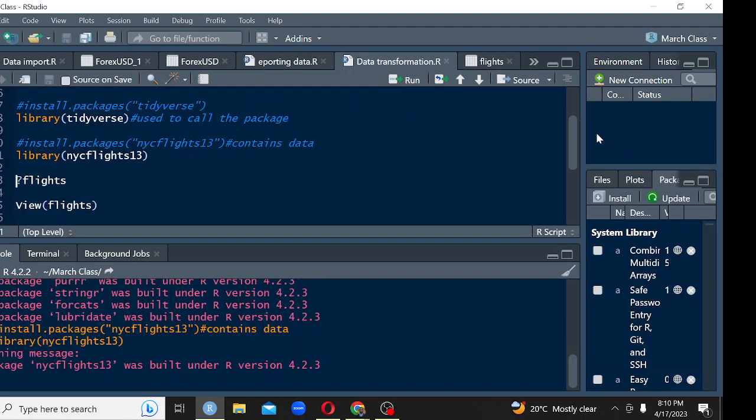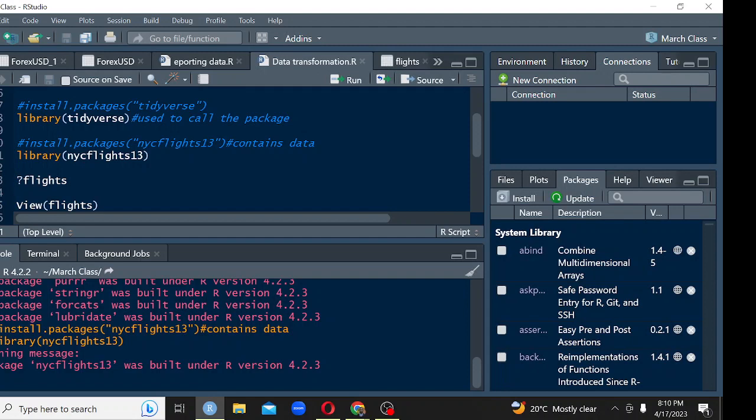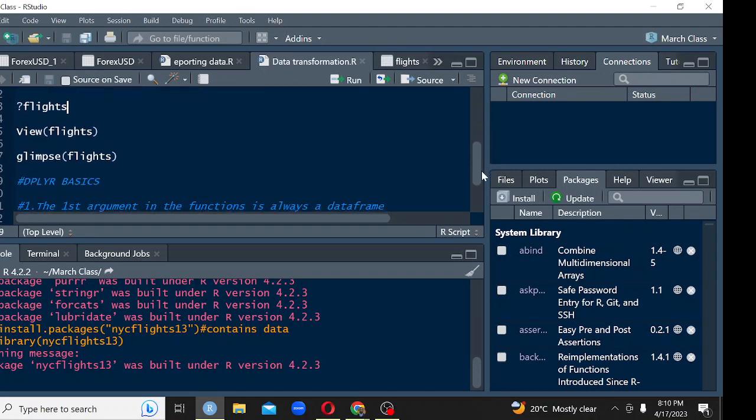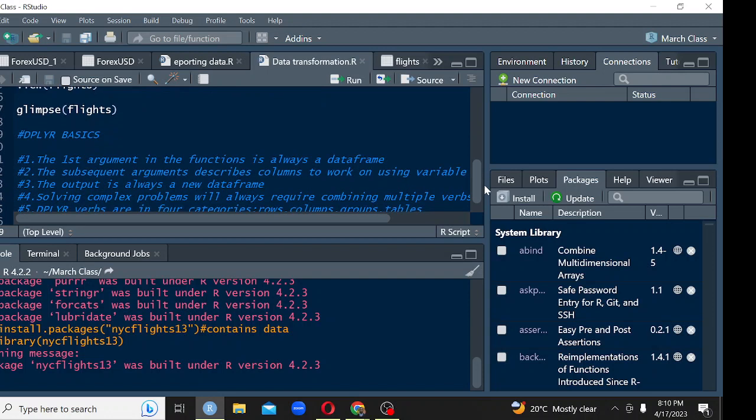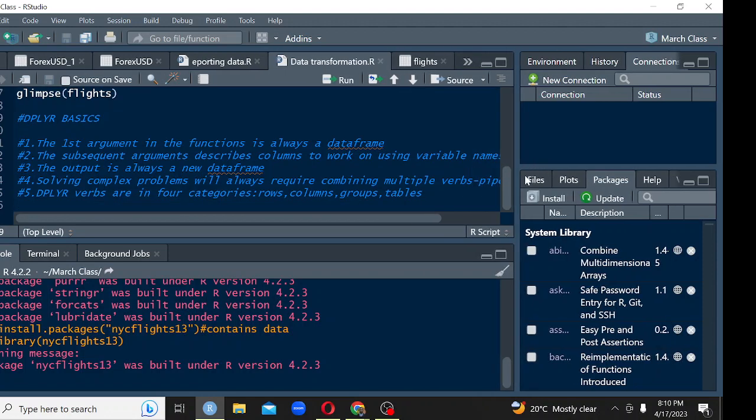So I think we went ahead and we were able to read more about our data, what it entails. We went and viewed our data. We managed to look at a glimpse. A glimpse just gives a summary. Then the last thing we did before we left